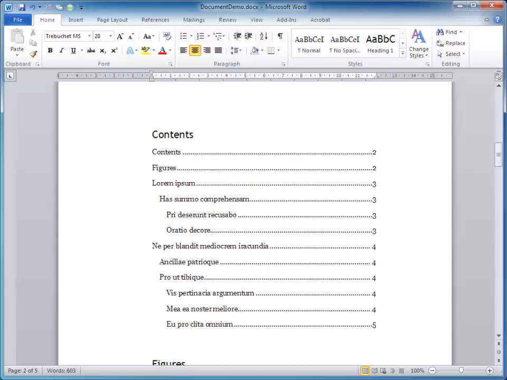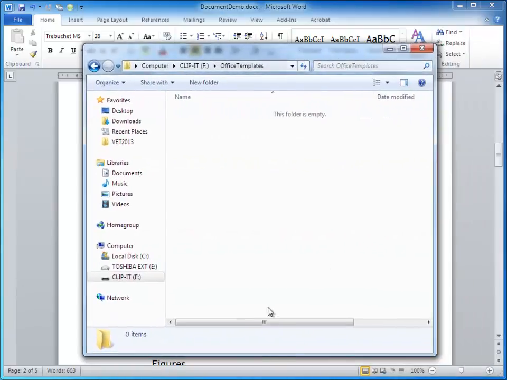However, Word 2010 will save the templates on the computer. And because we are moving from one computer to another, we are going to save our templates on a flash drive, and then we can take the flash drive with us wherever we want, and we always will have access to our personal templates. So let's go to my flash drive,